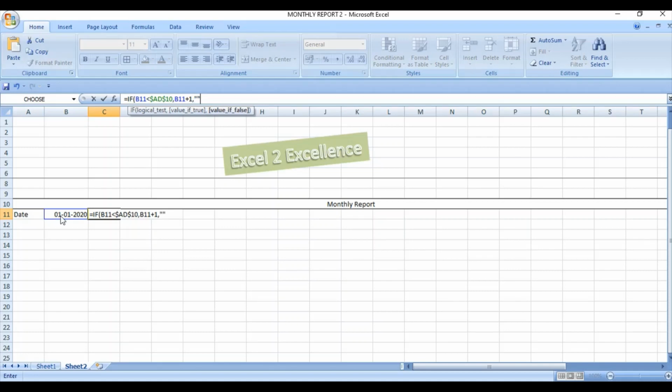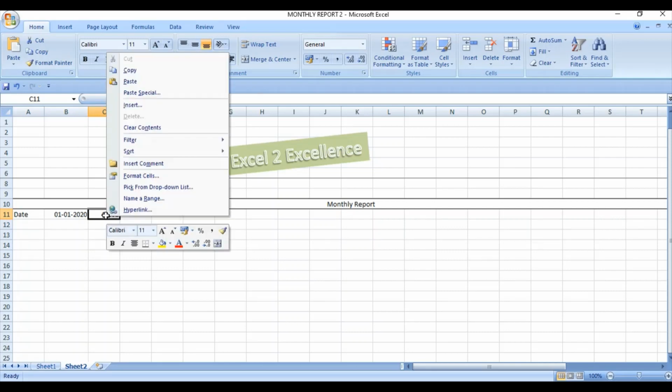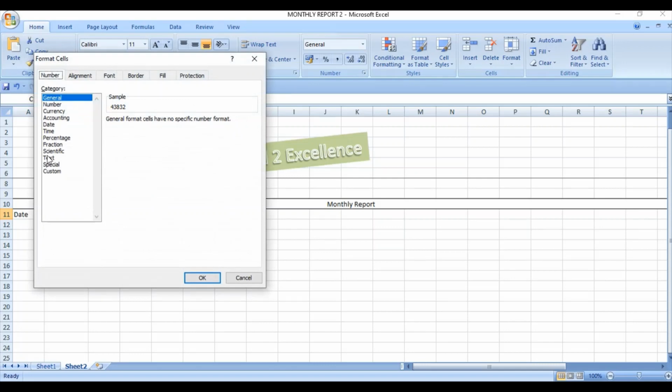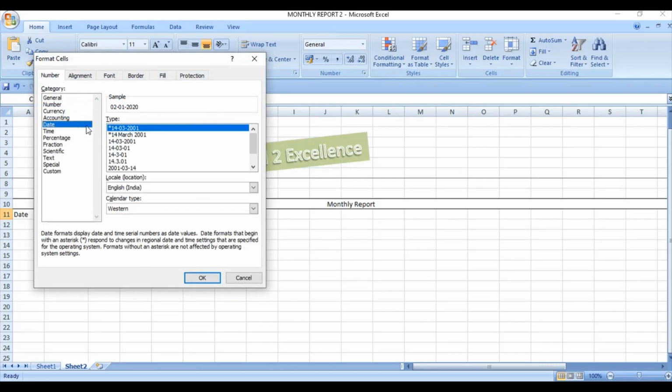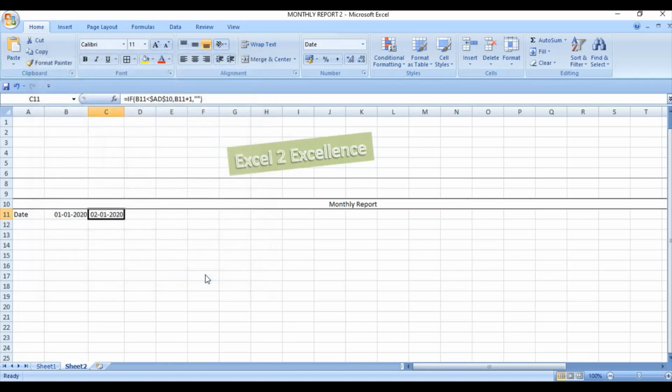So this criterion can be fulfilled with the help of a double quotation sign. Close this bracket. Now we have a numerical value. Format this cell. Date, short kind of date, select short kind of date. Okay.